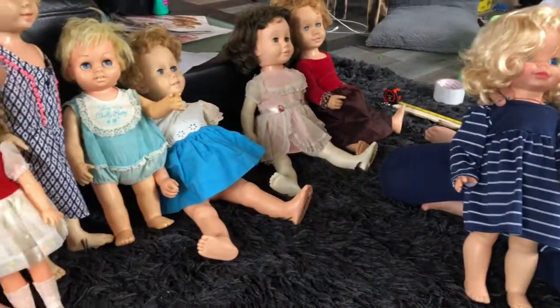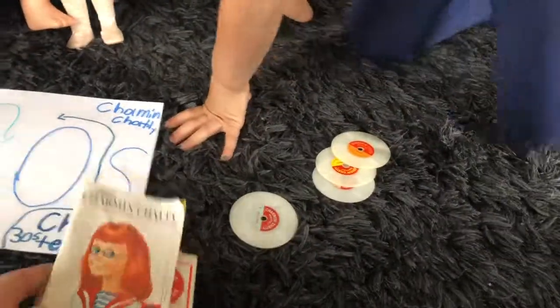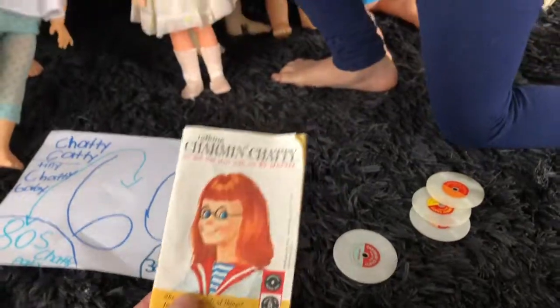Okay, how about, let's put some records in Charmin Chatty. Show people what that's about. Little book here that we got with her. I think we got her for about